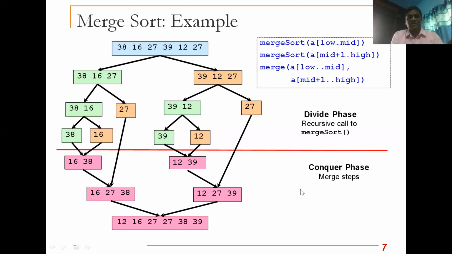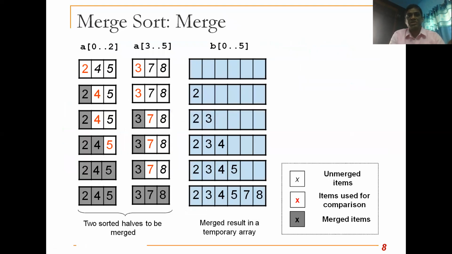this merge operation, because the major operation, the time complexity which is required in the merge sort algorithm, is for the merge operation only. Because for dividing, there is no time complexity. We are just calculating the middle index. So it does not require any time for that. It requires only unit time. Therefore, there is no importance for the divide operation, but the importance is the merge operation in the merge sort algorithm. It is the main contributor to its time complexity. So you need to understand how the merging operation is done. So let us focus on the merging operation now.